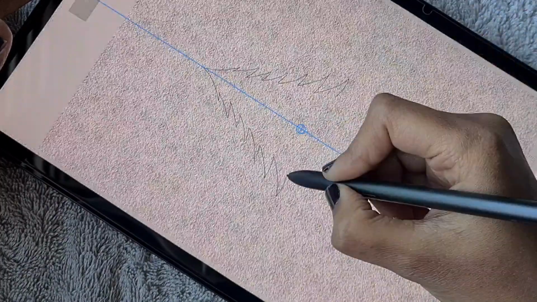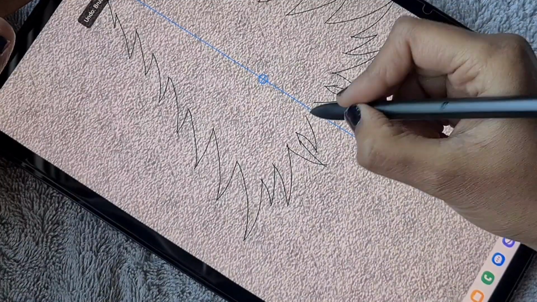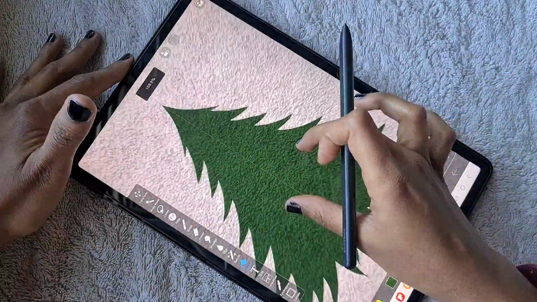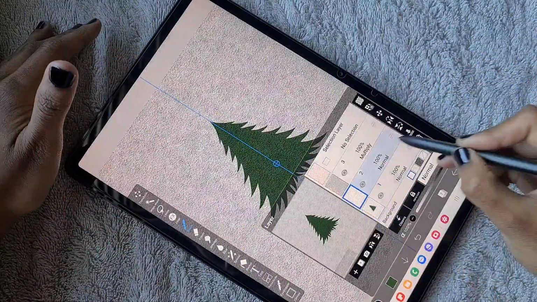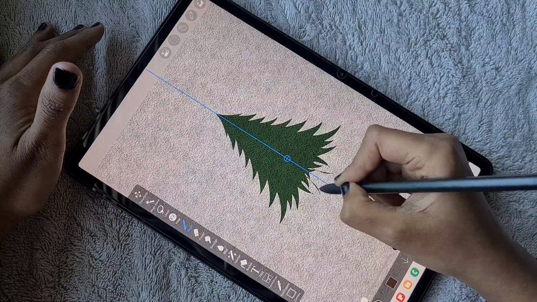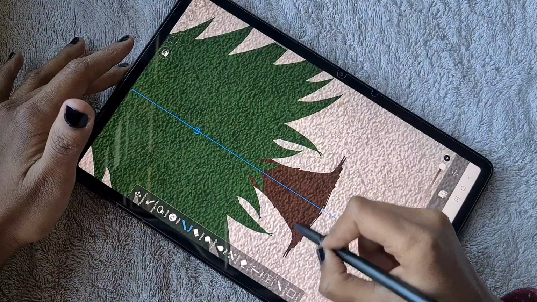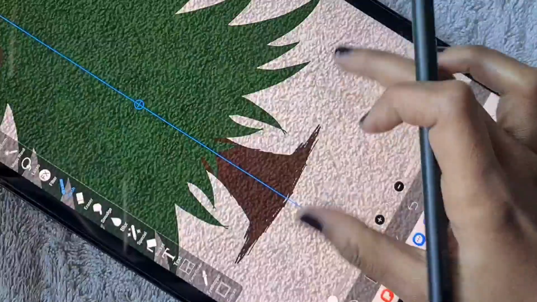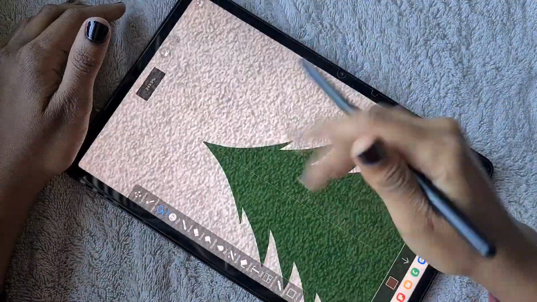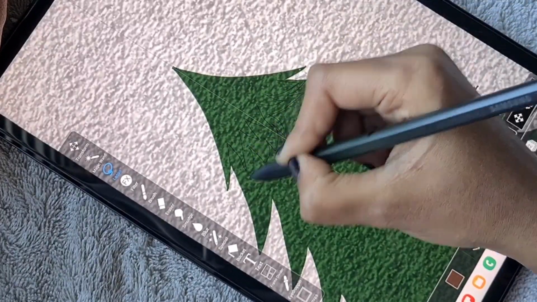So first, in the first layer I'm just drawing a tree structure using felt tip pen soft brush, and using bucket tool I'm just filling the tree structure. And next, in a new layer I'm going to draw the stem of the tree in a brown color, and this layer comes under the tree layer. Then I'm going to add the details. For adding the details I'm just